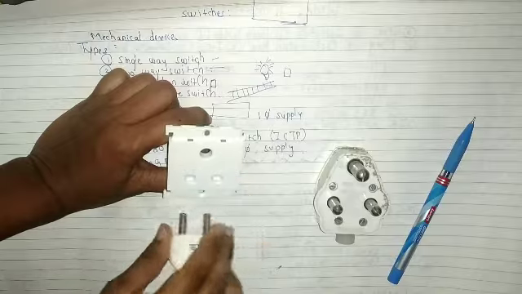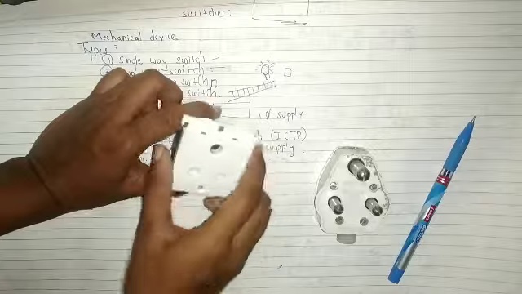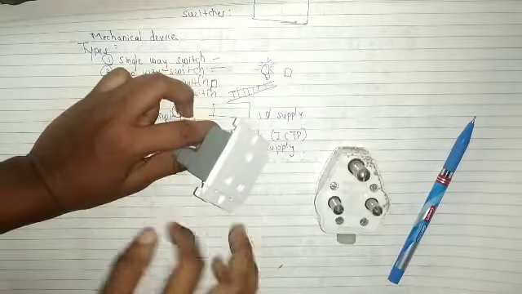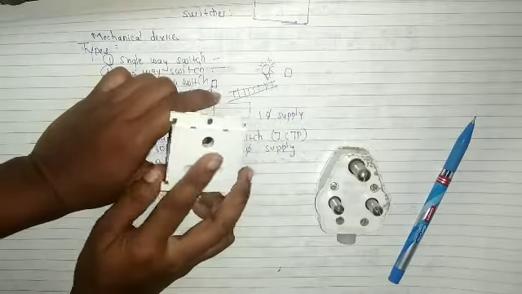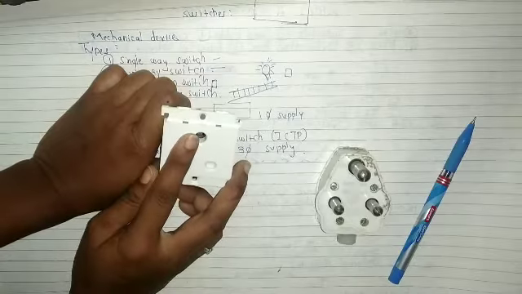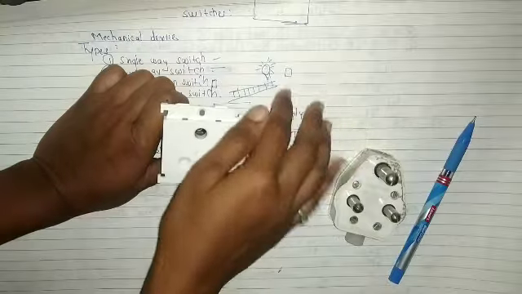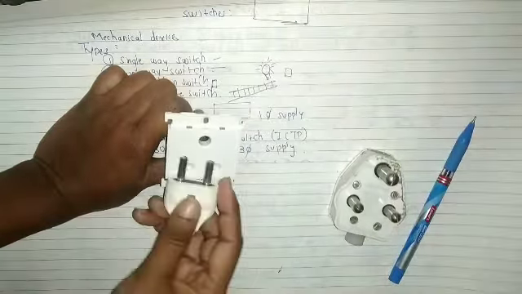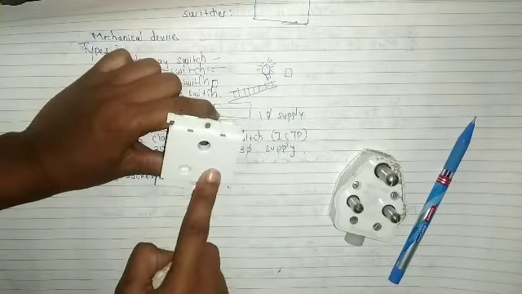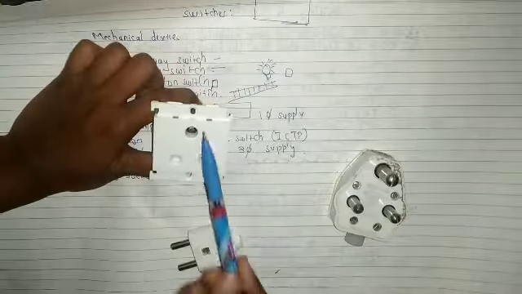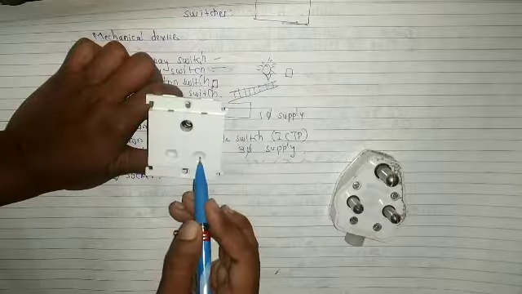The sockets have an insulated base having 3 terminal shells. So this base is insulated and it has 3 sockets, right? The 2 pin terminal shells are meant for making connection to the cable. So this is a 2 pin connection that is made. This is a 3-way socket, and this right side is always provided with phase.